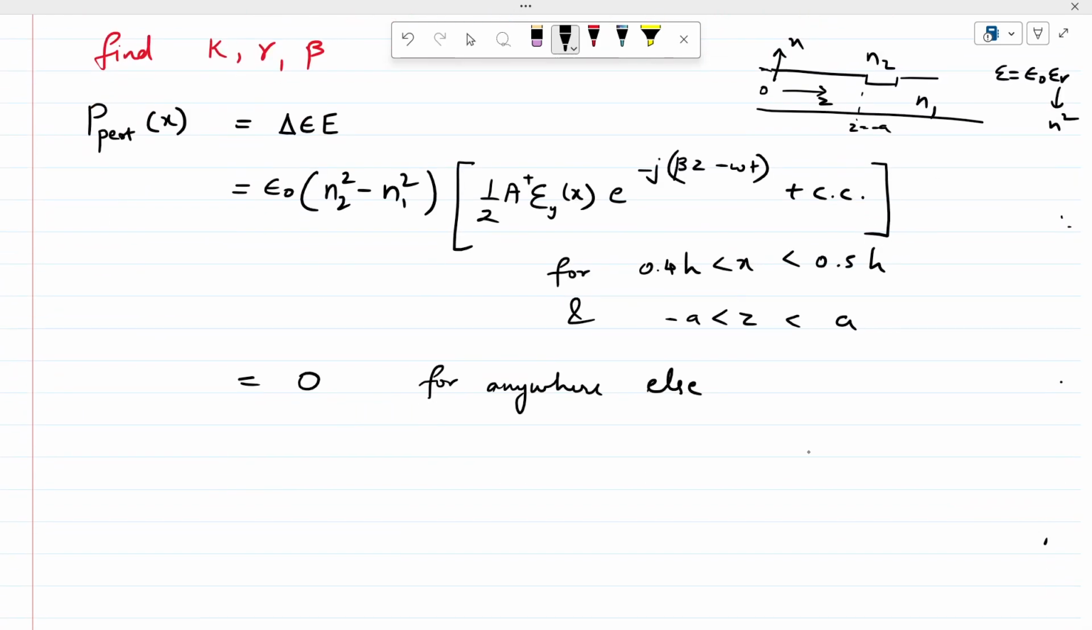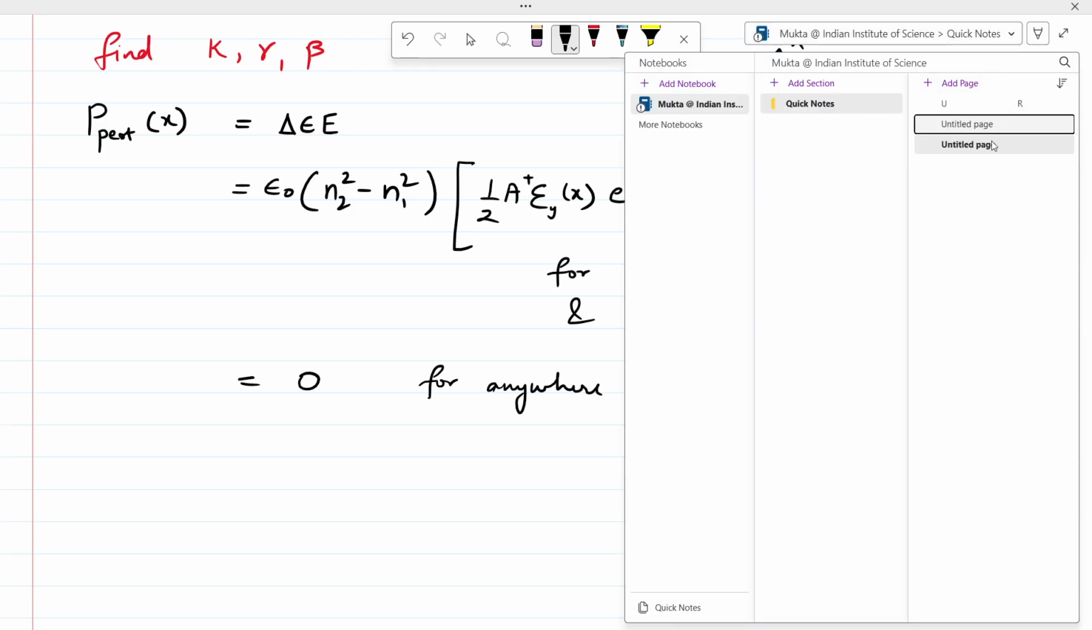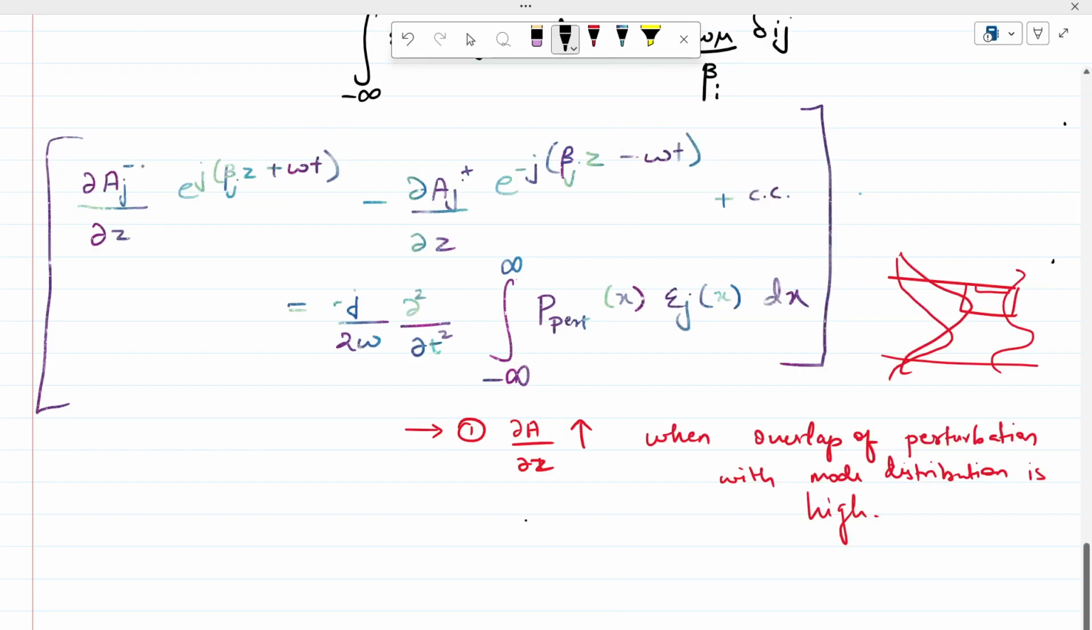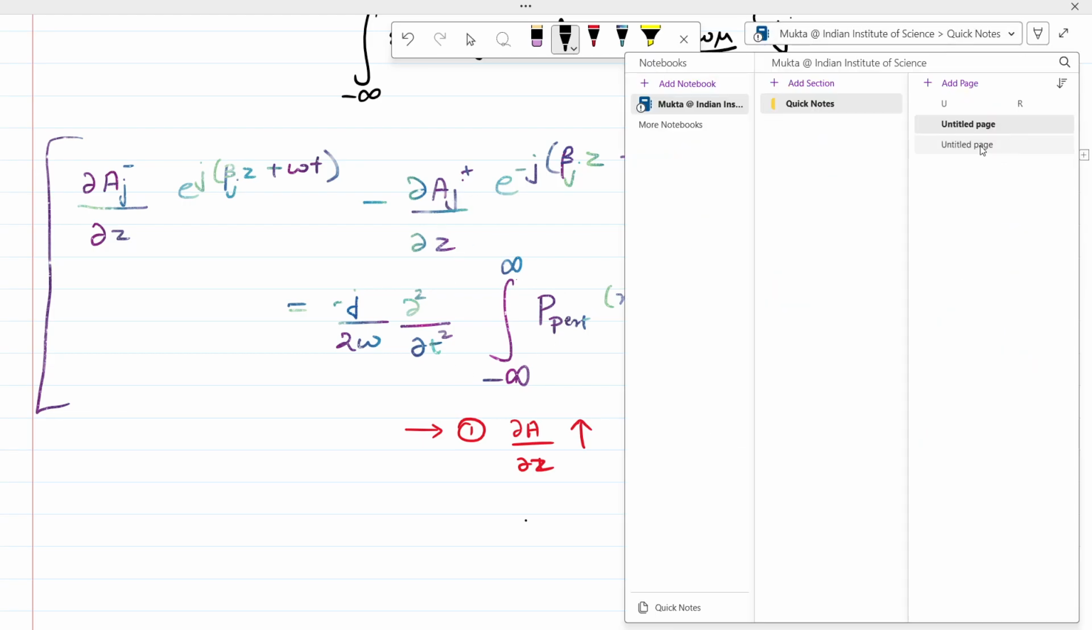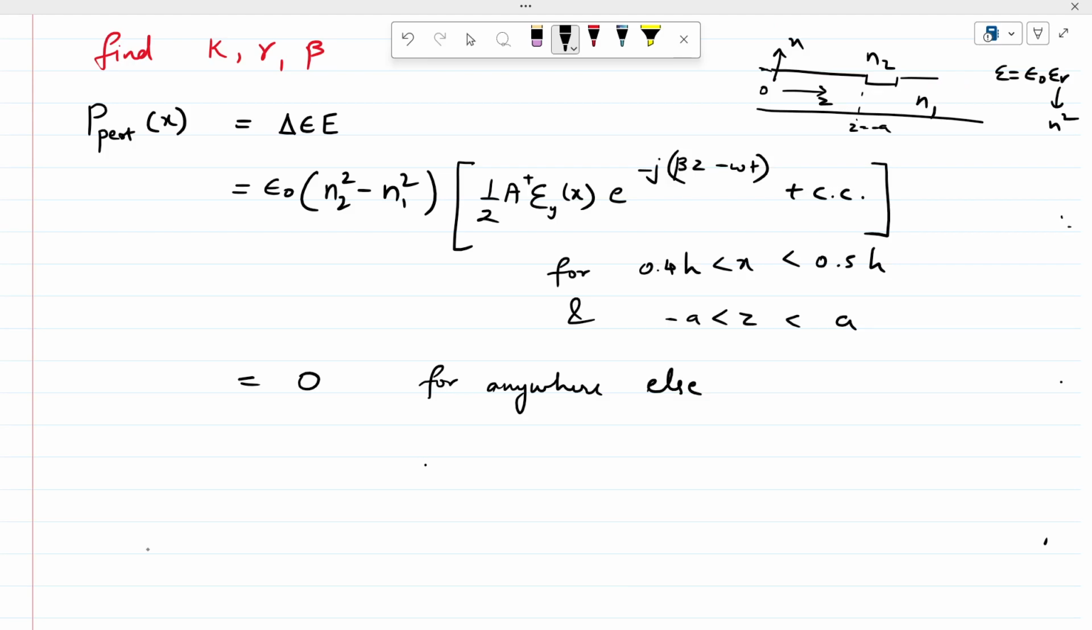So now we have written the perturbation part as a function of x. Now we just need to substitute in the equation that we found on the previous page. So this was the equation, this is the coupled mode equation. We need to find the backward propagating wave. For that we just write the perturbation term here, and the rest of the things we will substitute. So it will become